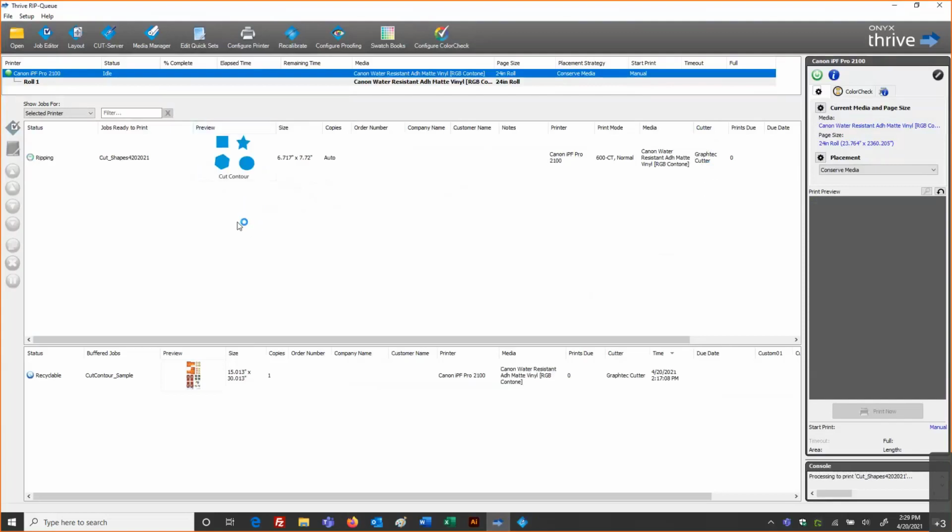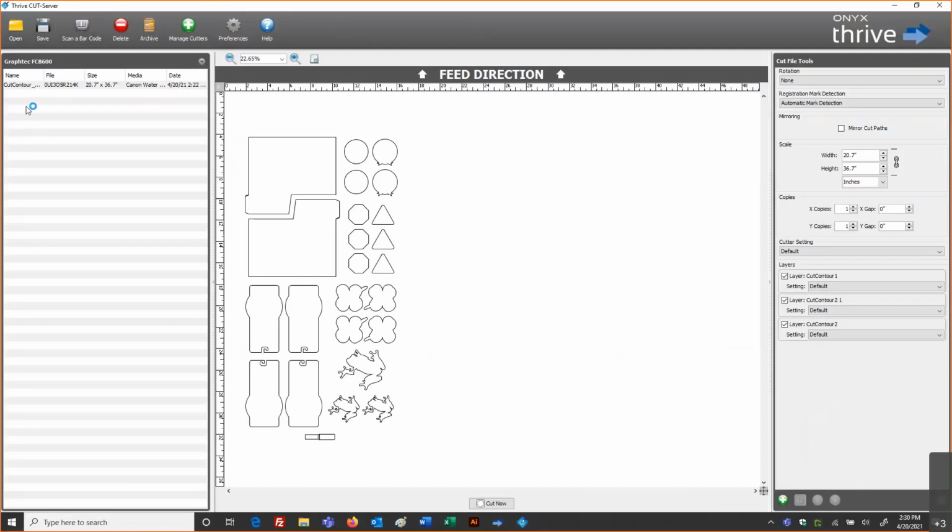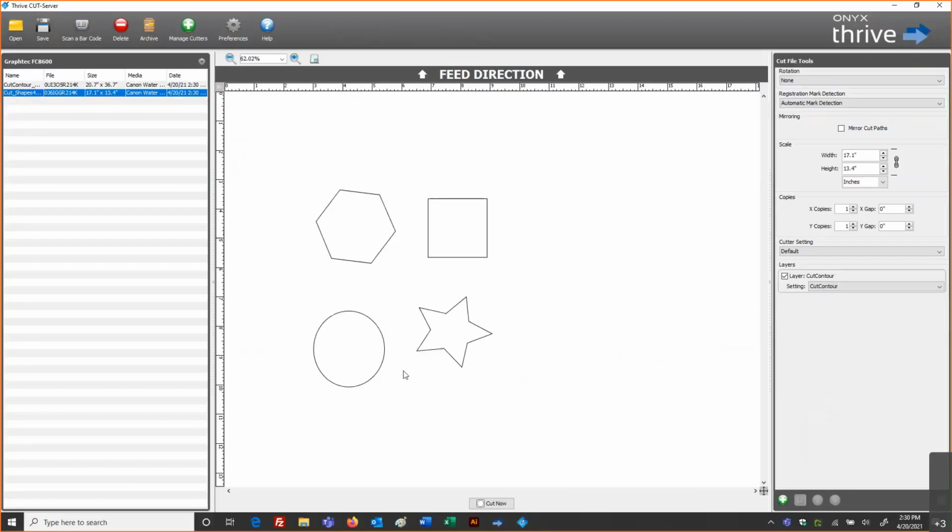Again, the preview will be the print preview, not necessarily the cutter spot color. We shouldn't see that. That's not going to print. That's going to control the blade or the router of the cutter for that contour shape. I will send this to my printer, print now. Then I will go over to Cut Server, and in a few moments here, I'll see my cut shapes. And here are my files. And again, giving this designation for that cut contour, it's placed that information in the cut settings.